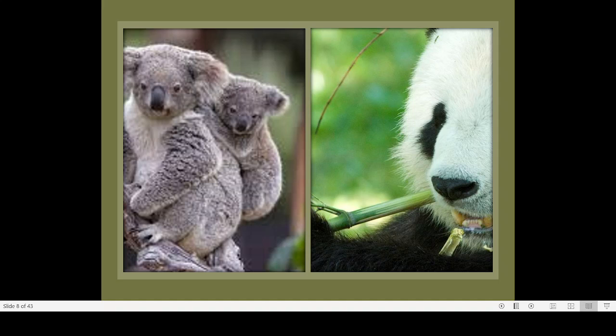So those animals which are highly specialized in their food habits won't be able to survive in wider areas. They only survive in areas where bamboo leaves are present or eucalyptus are present. So if you bring a koala to Kerala, it will die if they cannot find enough eucalyptus there. So that is why some animals